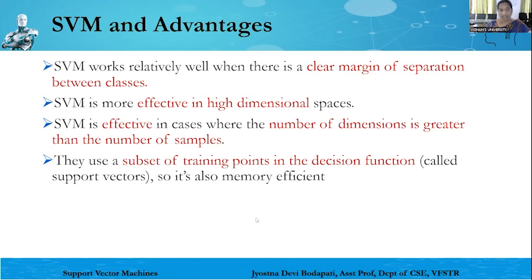And now, what are the advantages? How is SVM better than the traditional linear classification models? Of course, SVM works relatively well when there is a clear margin of separation between the classes. Of course, perceptron will also do that. And the better advantage of SVM is that it is more effective when you have high dimensional data, and also